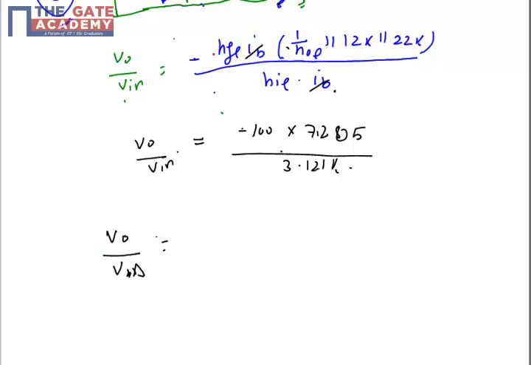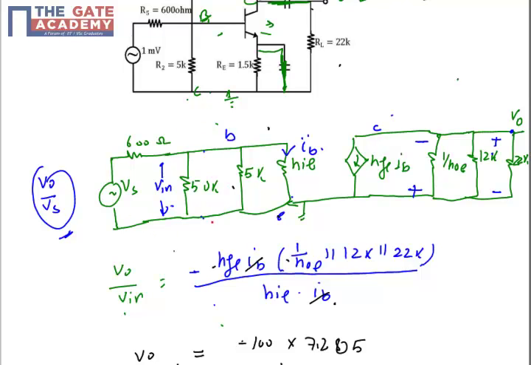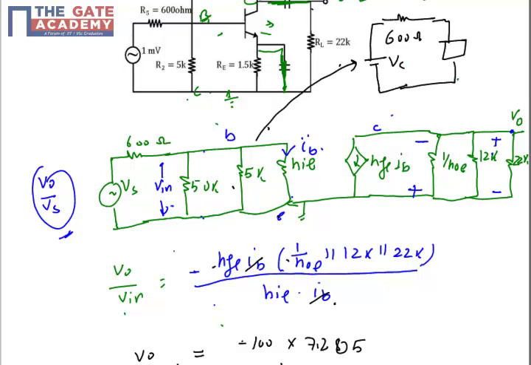Okay, so you can see that if I may redraw this input side of this circuit, I can draw something like that: 600 ohm, Zin, and Vs, where Zin is basically nothing but the parallel combination of these three resistors, which is 50k parallel 5k parallel HI. This 50k parallel 5k parallel HI is my Zin.